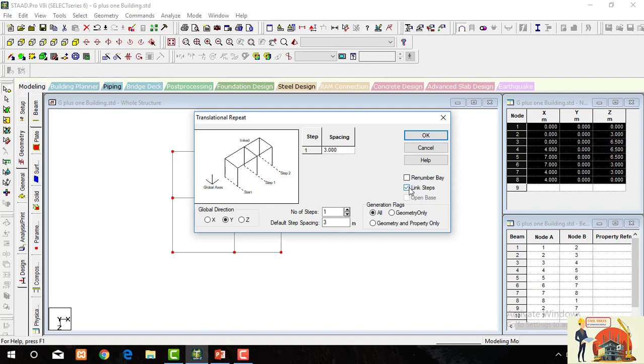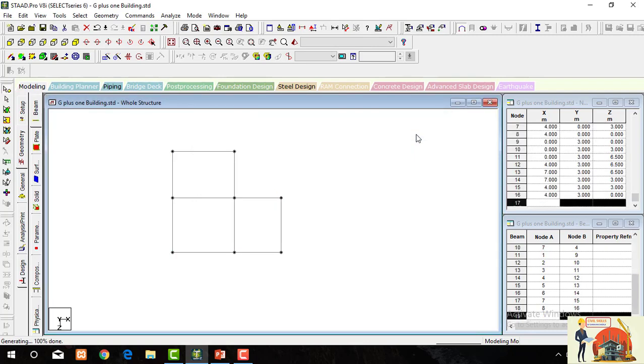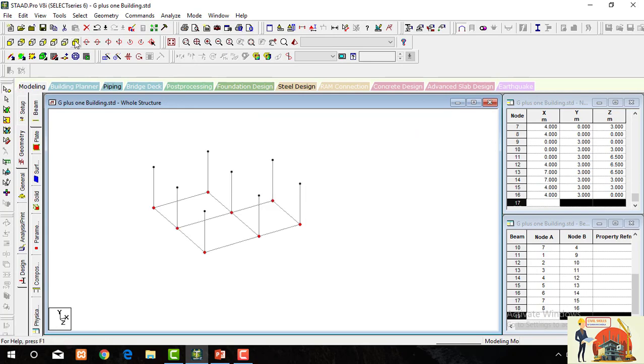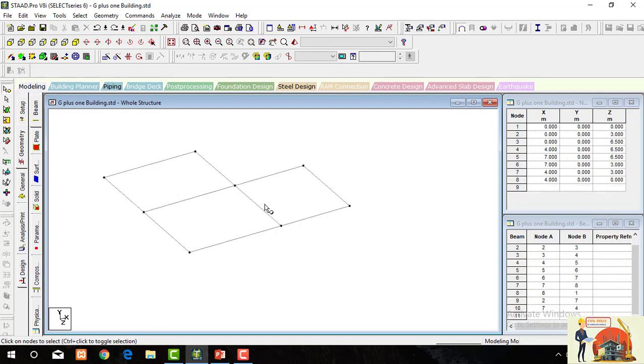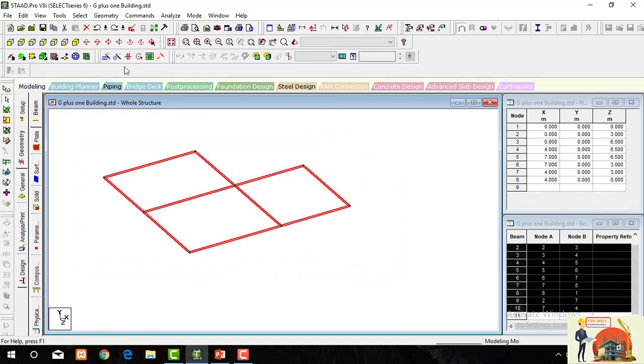Click on link steps, press OK. Now you can see this, but we also want these beams. So press Ctrl Z. Now select all the members.